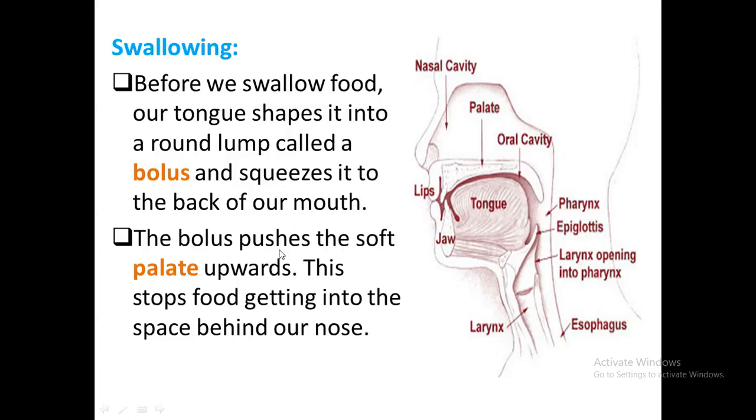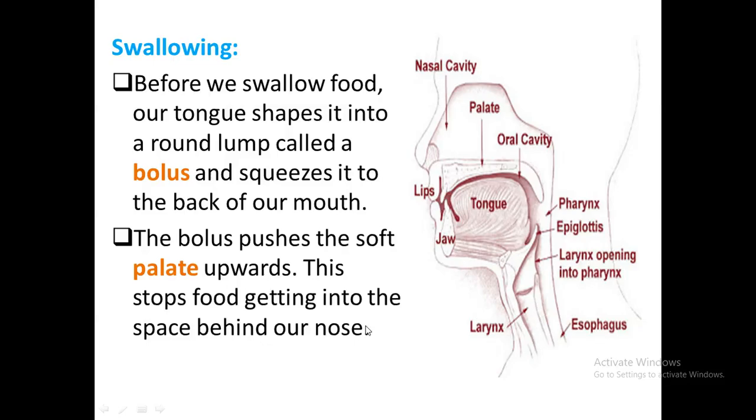We are coming on to our second point. Before that, let us discuss this point. It is the common opening of the mouth, nasal cavity and the larynx. While the bolus is moving further to the esophagus, there is a possibility of the food getting inside the nasal cavity or the windpipe. It can be prevented by two things.